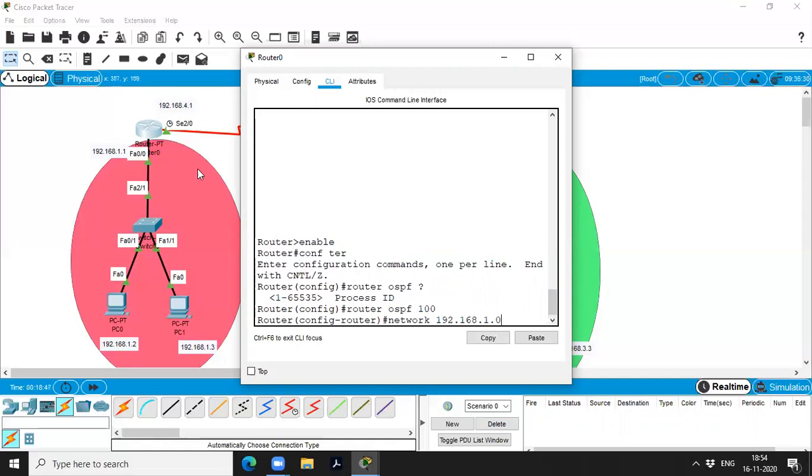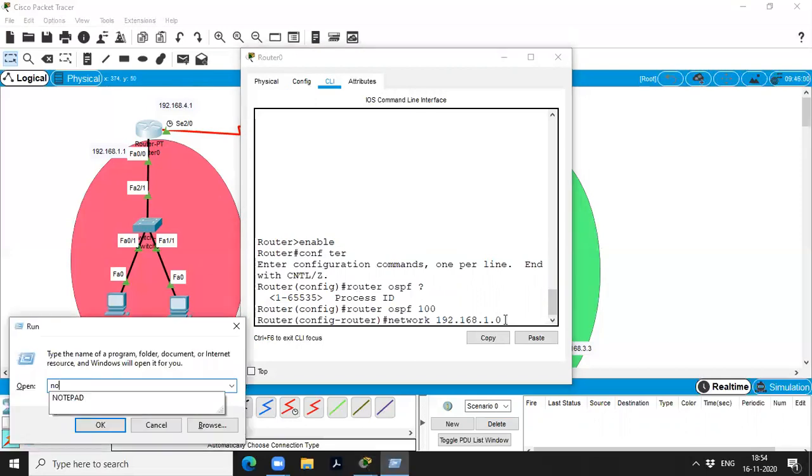Since you can configure up to 255 systems, I have defined 0. Now you have to define the subnet mask, but here, instead of subnet mask, you have to define the wildcard mask. So what is the wildcard mask? If you see here, students.